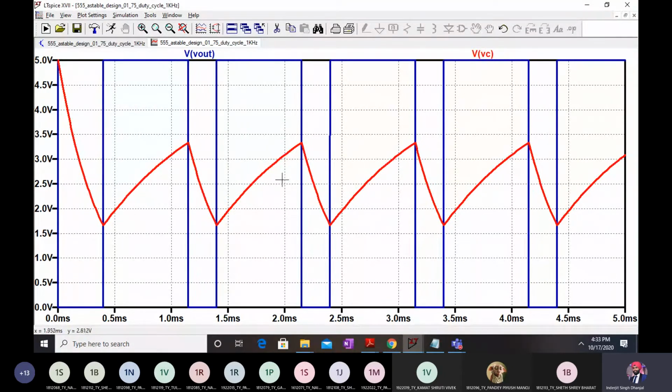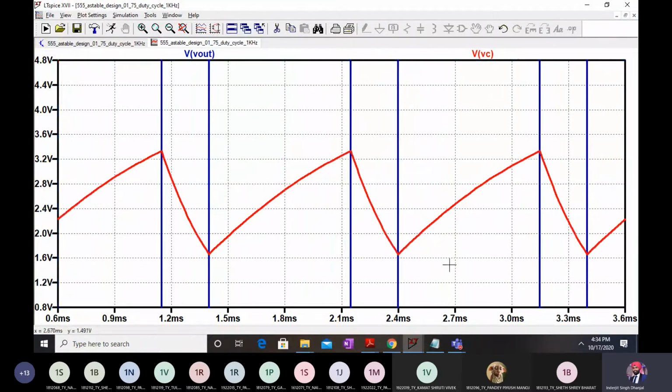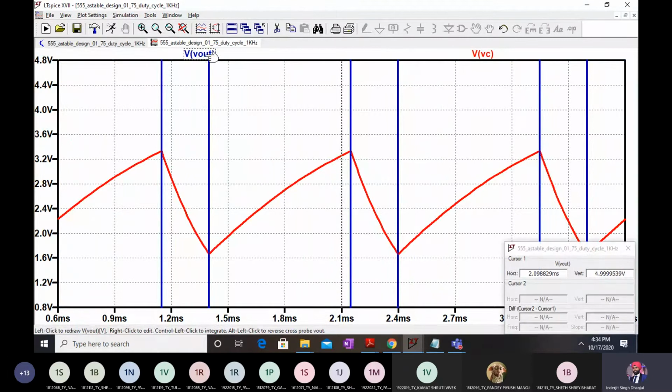Okay, so these are my waveforms which I am getting, right? We will shortly see why we get this, the capacitor charging and discharging like this, and obviously we should have a 75% duty cycle. So anyone, I am expanding it over here. How to check 75% duty cycle? Actually, I am starting from here, let's say, and first of all, let me check the frequency.